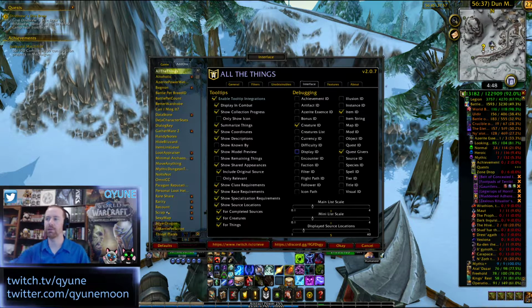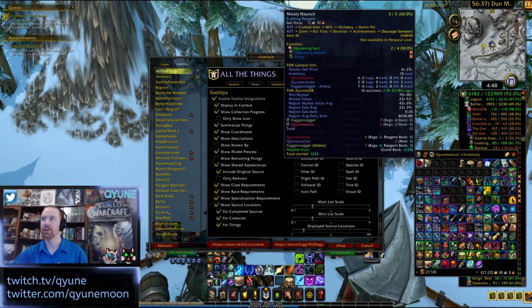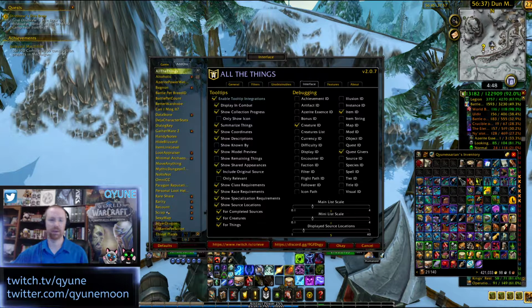if I hover over the tooltip, let's see if I can show an example of that. So let's say for example Meaty Haunch here. About midway through we can see that the item ID is 154898. And that might be kind of meaningless at the moment, but let's say, for example, if we're looking for the Barnacled Bag that drops in Nazjatar, we know that there's about 4 or 5 different crabs that can drop the Barnacled Bag. So we would go through and take that item ID, associate it with the creature ID, and